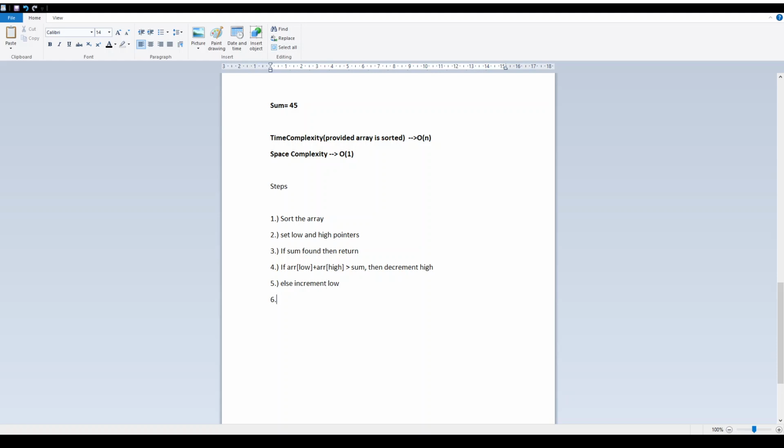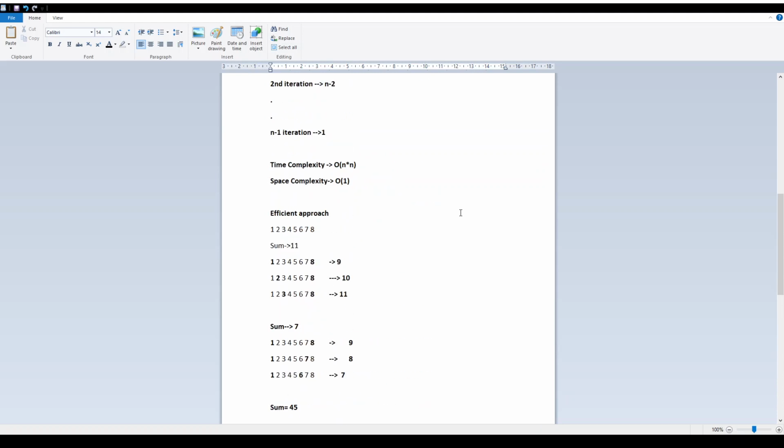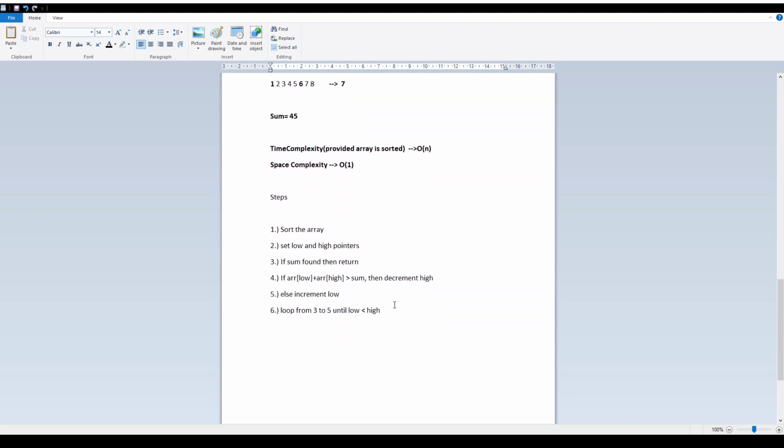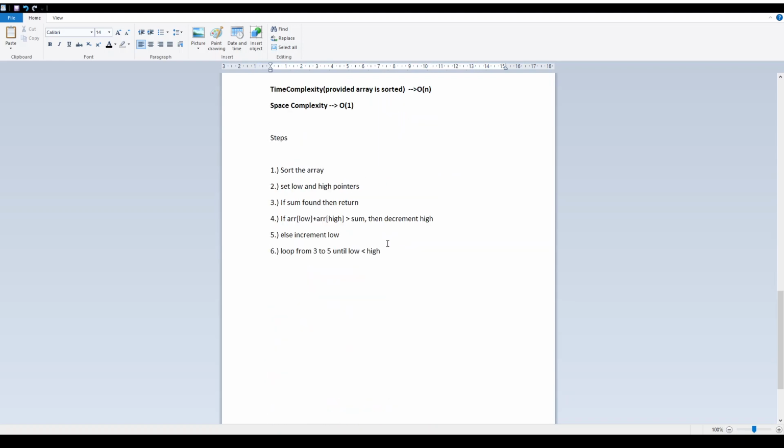And then loop until low is less than high. So it's a very simple and efficient algorithm to find one pair of numbers in an array.